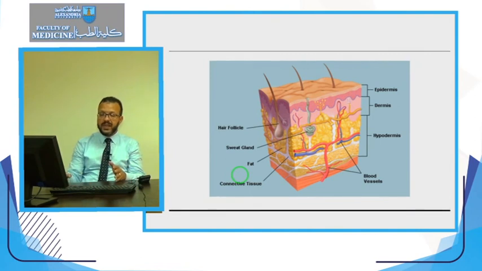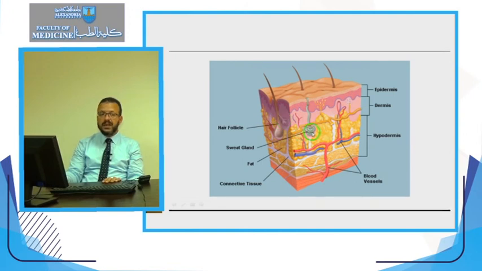In order to understand the differences and the physiology of the grafts and flaps, we have to revise the anatomy of the skin. As you all know, the skin is one of the organs. It is formed of two layers: the epidermis, which forms about 5 to 10% of the thickness of the skin, and underneath, the dermis, which forms about 90 to 95% of the thickness. That's why the dermis has a major role in the criteria of the skin. Embedded in this dermis, there are multiple structures like the hair follicles, the sweat glands, and the sebaceous glands.